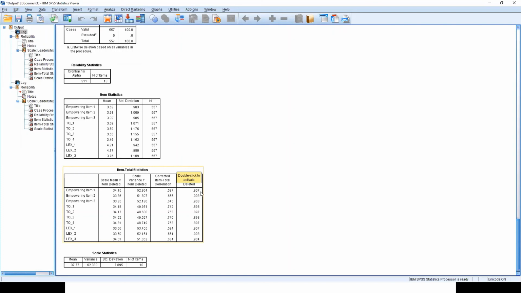We should not delete this item. Similarly, second item, we should not drop this. Every item, if you see, there is not a single item which, if we drop from our set of 10 items, the reliability is going to go up. So that means all 10 items are good.